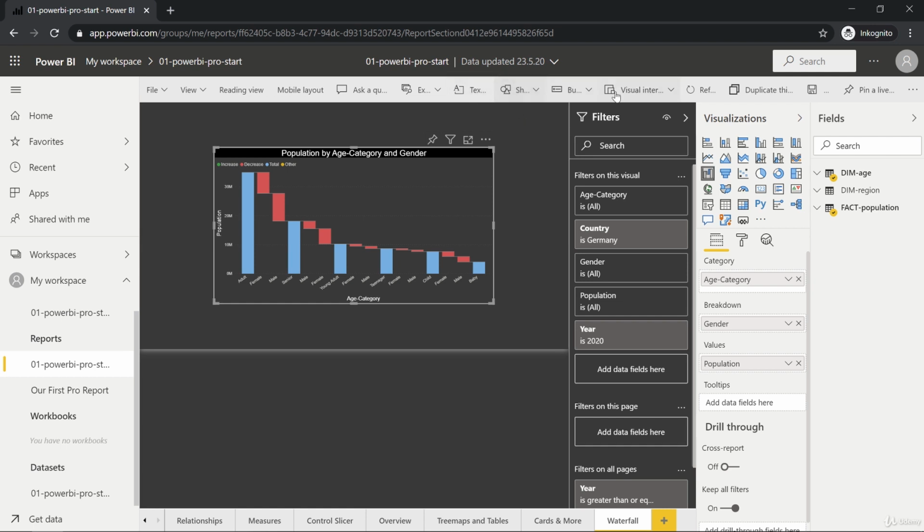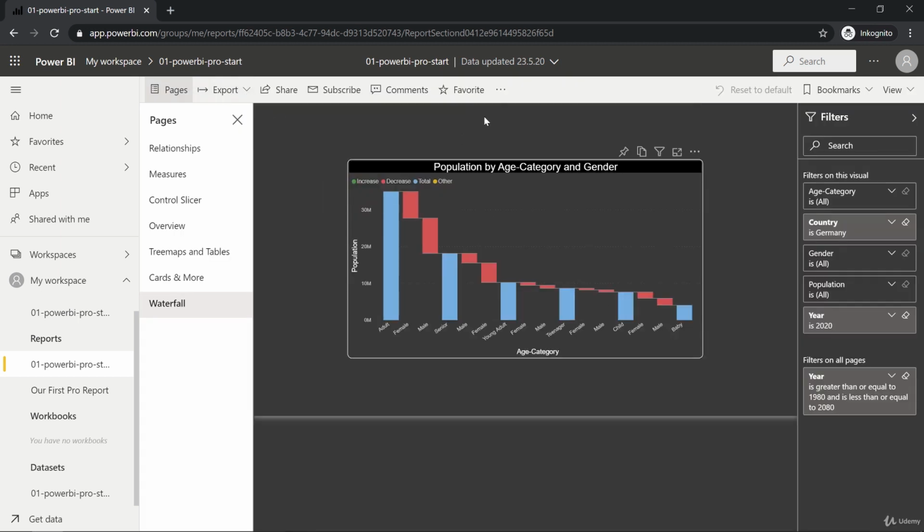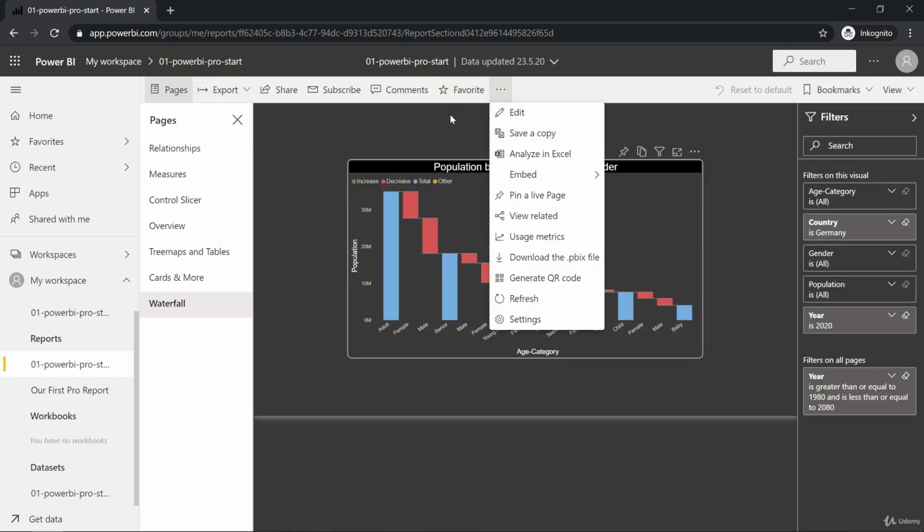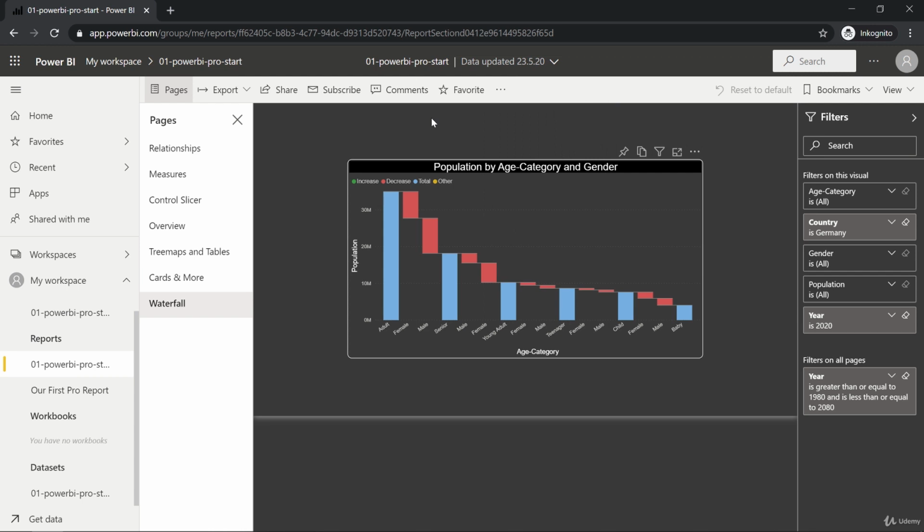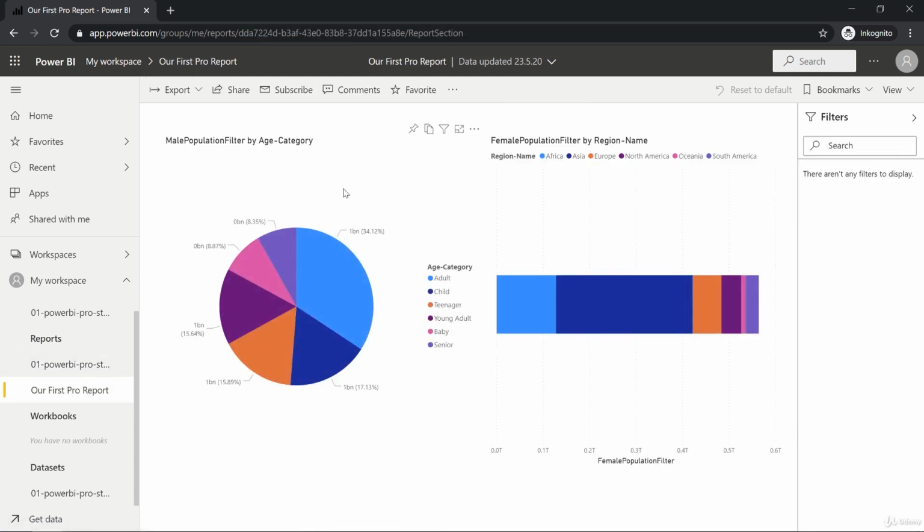And as you can see up here, the options are exactly the same that we saw in this dataset menu, but here we would change this existing report. By the way, if you're done with that report, you can change back to the reading view. Here you are back because here the option to change back to the edit and reading view is working. It didn't work in the dataset menu though. I want to stick to our first pro report here because, well, here we can play around a bit more without destroying anything. Let's now explore the options that we have in this report menu.